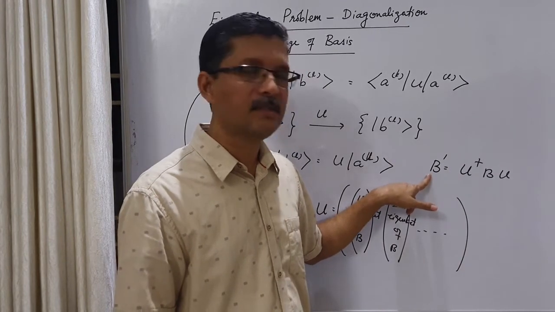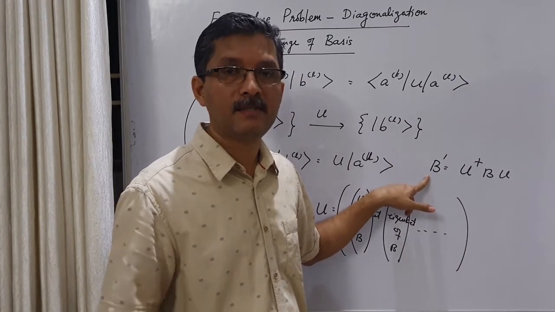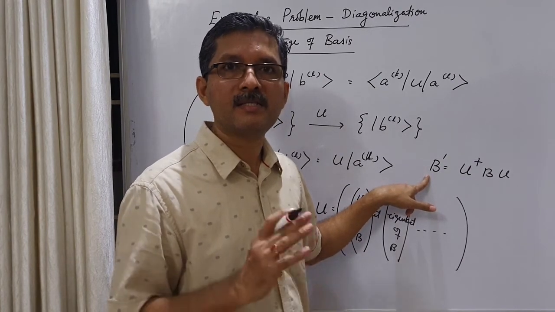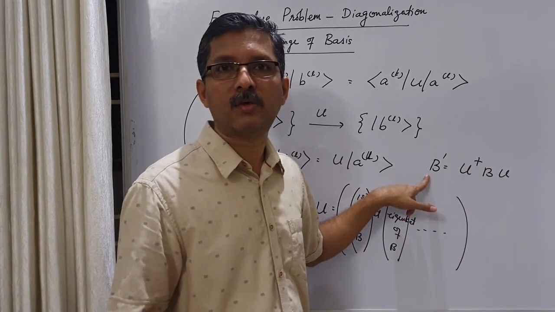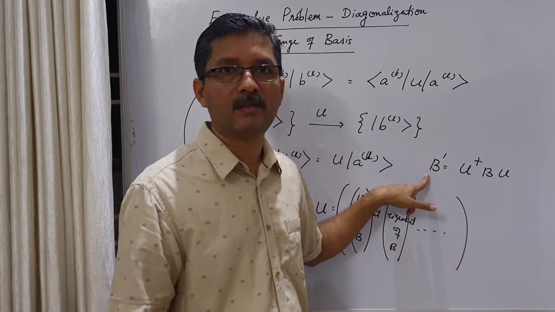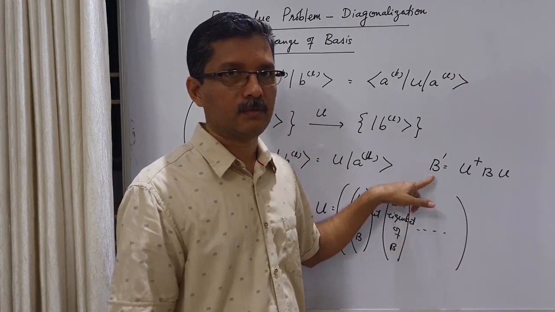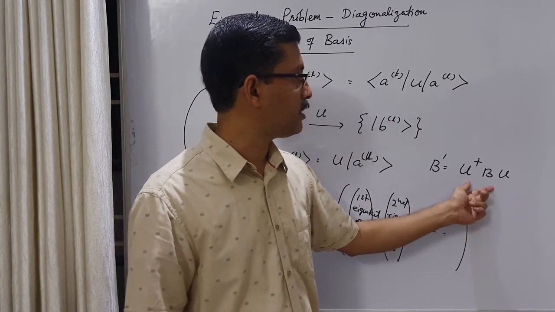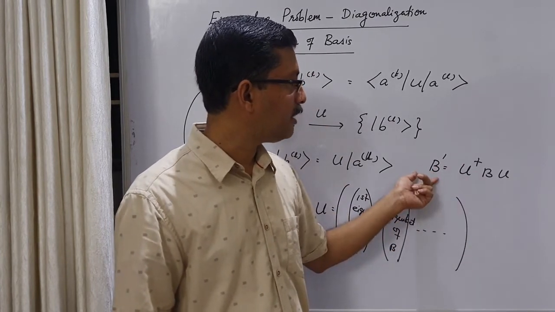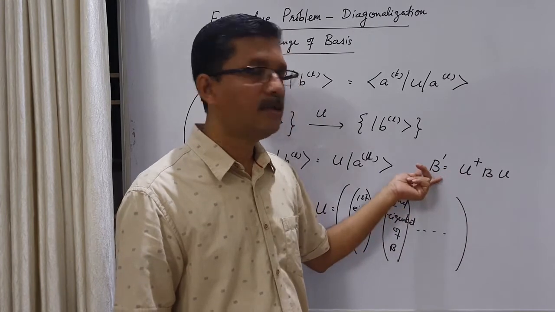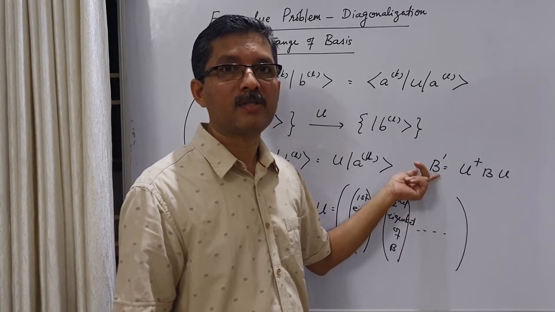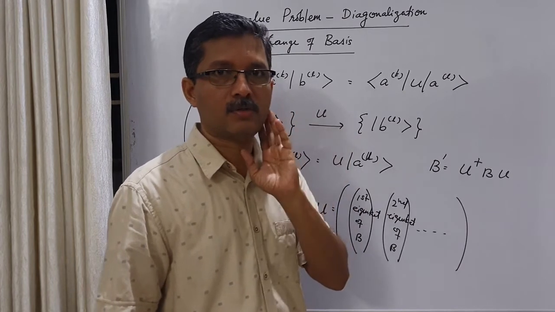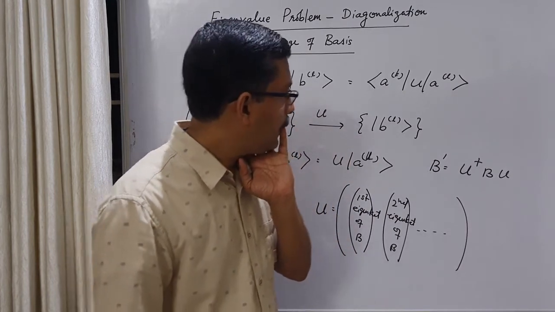But in this case, the difference is that the matrix itself is diagonal. So it's diagonal, and trace is the sum of eigenvalues. Then the only choice is that these diagonal elements are nothing but the eigenvalues. So from that point of view also, it's clear that once you do this unitary transformation, we get a diagonal matrix. Since trace is invariant, these diagonal elements should be eigenvalues, because trace is also the sum of the eigenvalues.